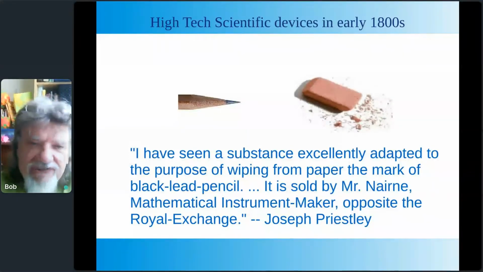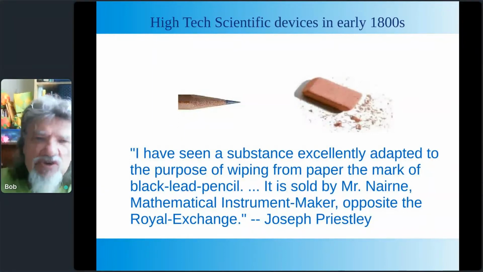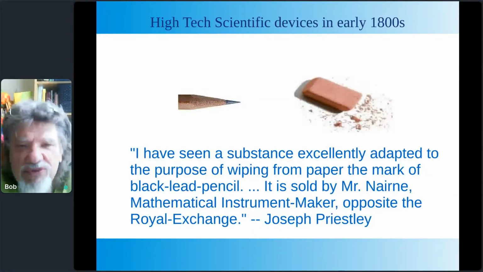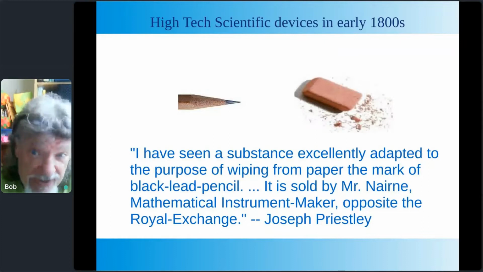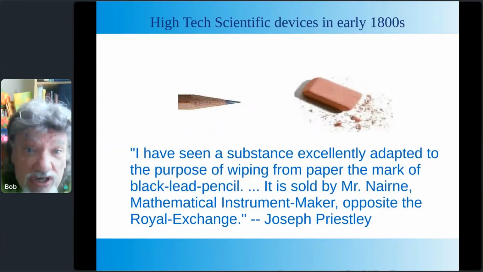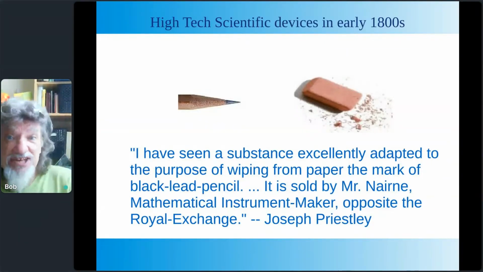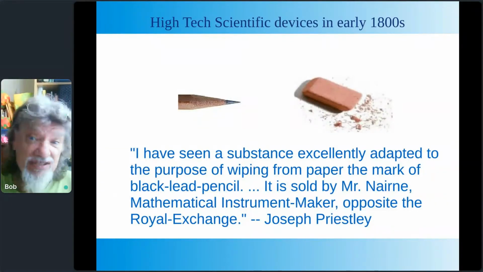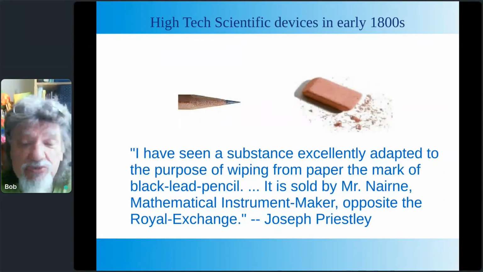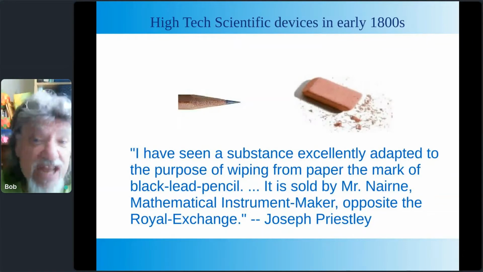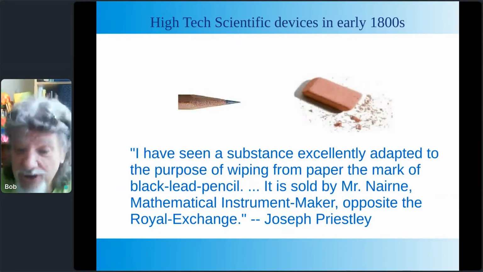But the problem is the graphite in the pencil itself was an ore that was useful for military applications, used to cast cannons and things like that. So every time there was a war, the governments of Europe came in and just seized all the graphite from the pencil makers. So pencils were made one at a time. They were handmade if you could get the ore. In the early 1800s,